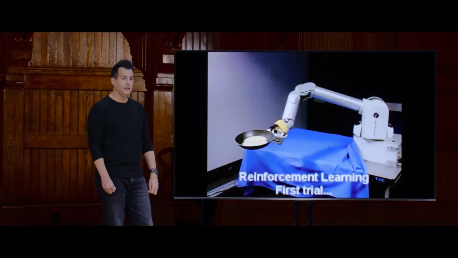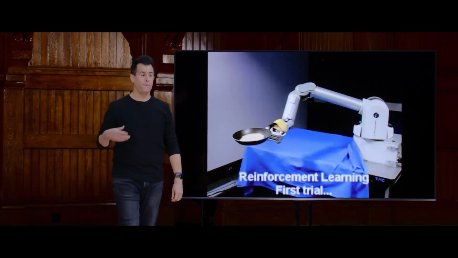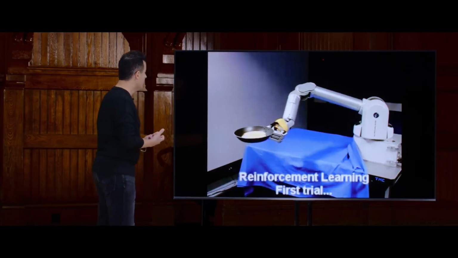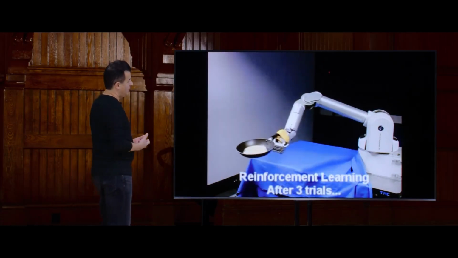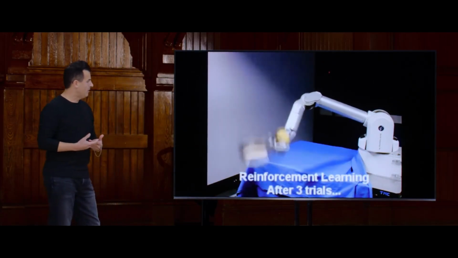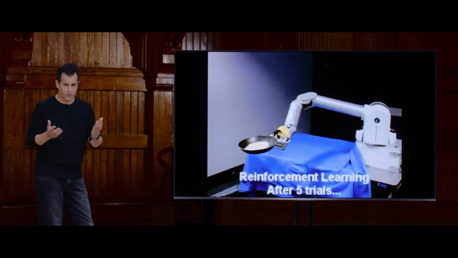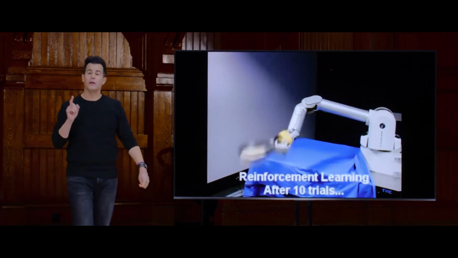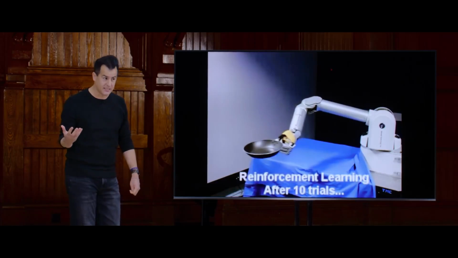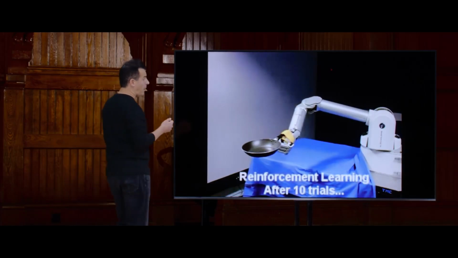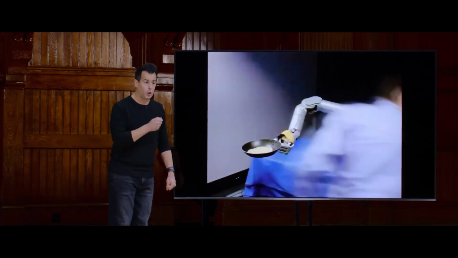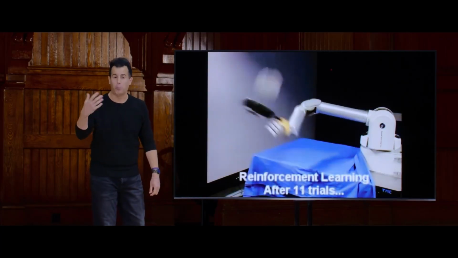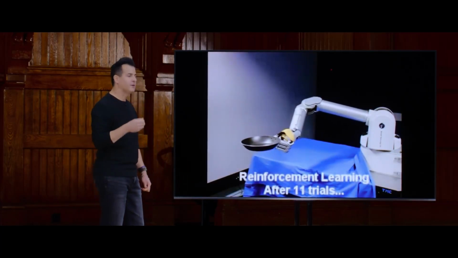And now he's going to let the robot just try to figure out how to flip that pancake after having just trained it a few different times. The first few times, odds are, the robot's not going to do super well because it really doesn't understand what the human just did or what the whole purpose is. But, and here's the key detail with reinforcement learning, behind the scenes, the human is probably rewarding the robot when it does a good job. The better and better it flips, the more it gets rewarded, like by hitting a key and giving it a point, for instance, or giving it the digital equivalent of a cookie.